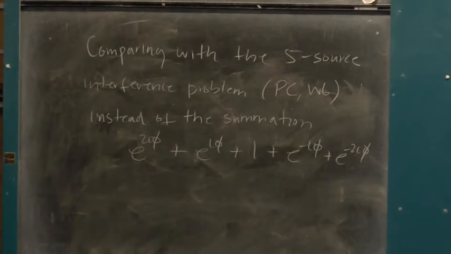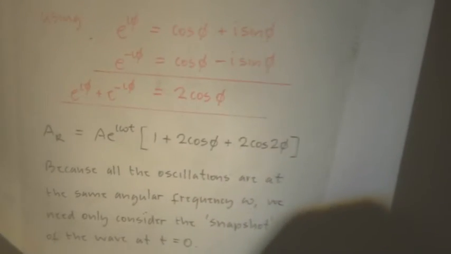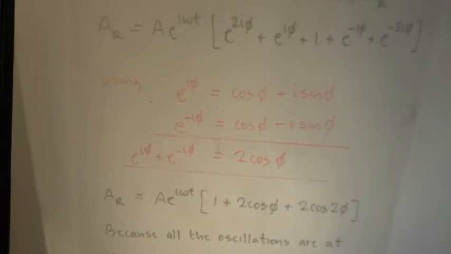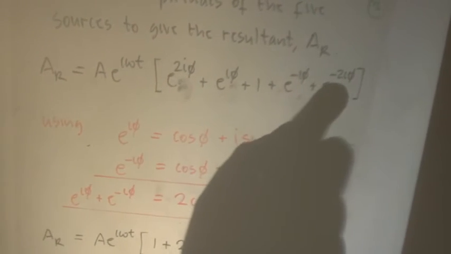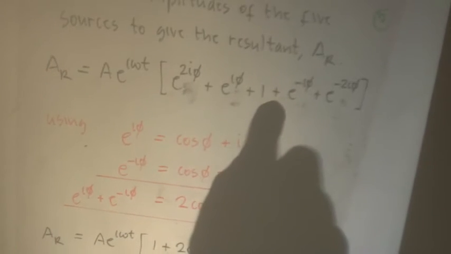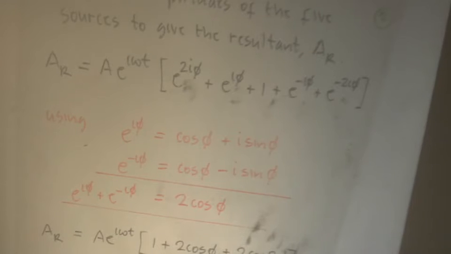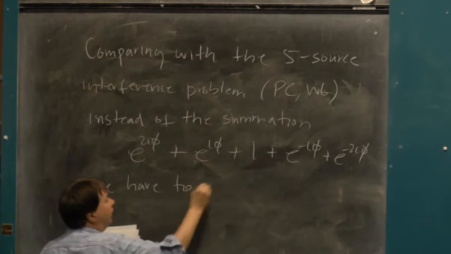So again, I just put that back up for a minute here, that we saw precisely that for those 5 sources, with, of course, this phase fixed for each source. They were 5 fixed points. Instead of doing that, instead of having a sum over phases, we now have an integral over the continuous function given in equation 16.2. So instead of that, which was a sum of discrete sources, we have to calculate